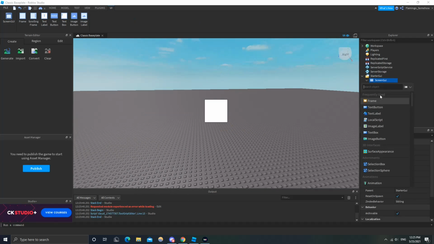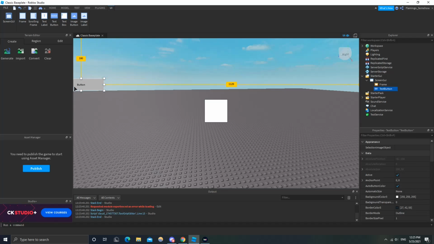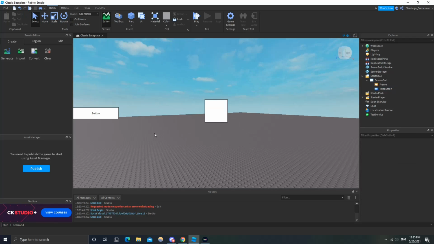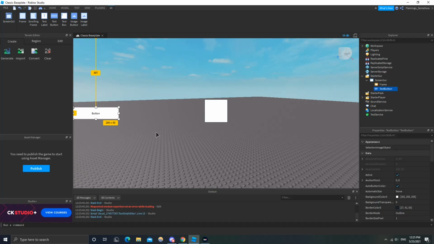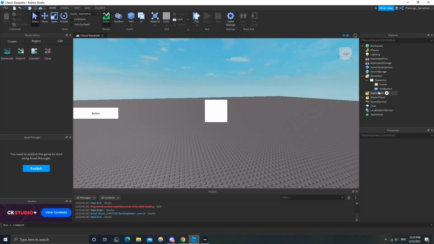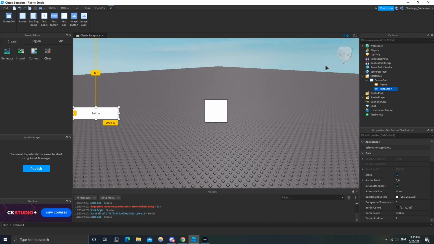Now what we do is also add a TextButton somewhere. Now what a TextButton will do is, you can add text onto here. You can change the text, whatever you want. So what you want to do now